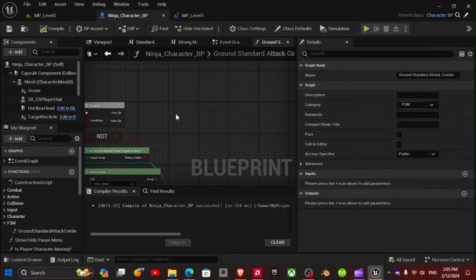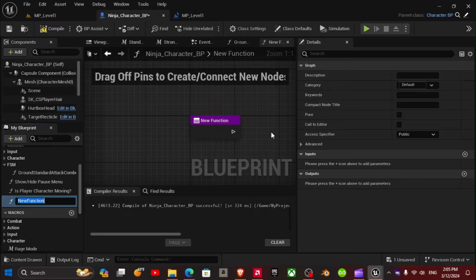What we're going to do next, bring out another function, and we're going to call this the performance version of the standard ground melee attack.